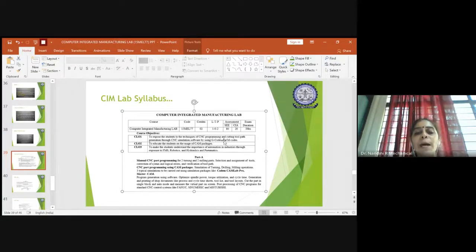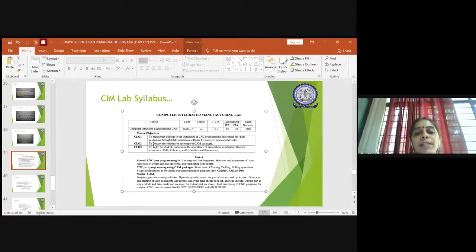So how do you do part programming using CAM packages like CAPSMIL, CAPSTURN and all? To do this type of programming, it is very essential for you to be aware of G codes and M codes. So you will study what G codes and M codes are. With this, it will help you to see the entire part, how it is manufactured, by using CNC simulation software. This is one learning objective as a student under this lab.